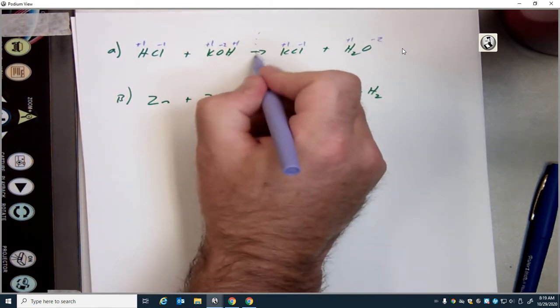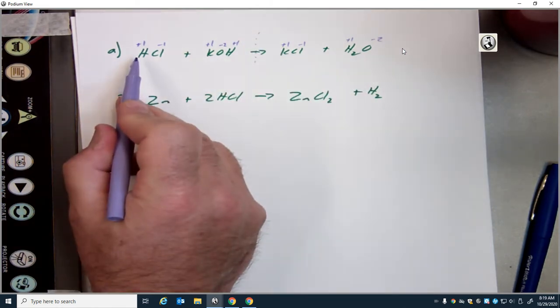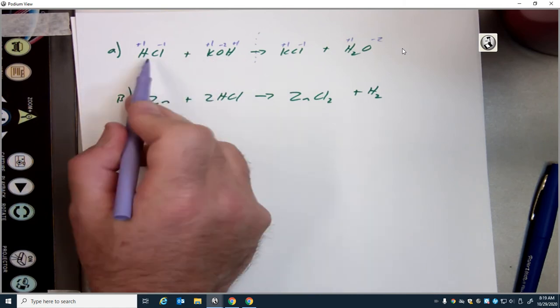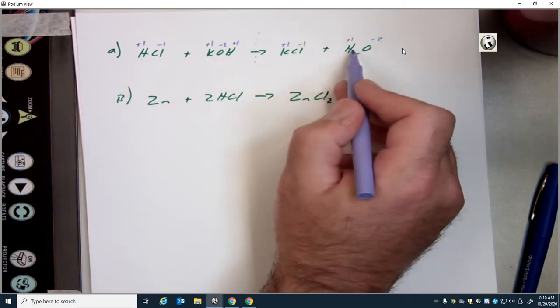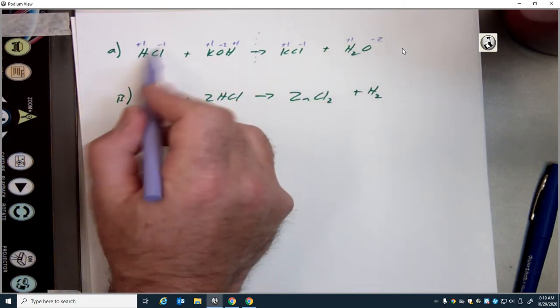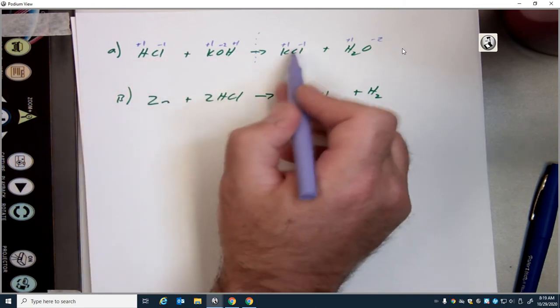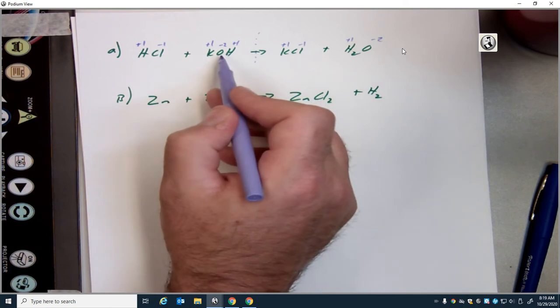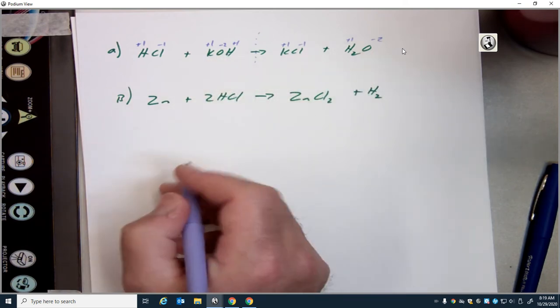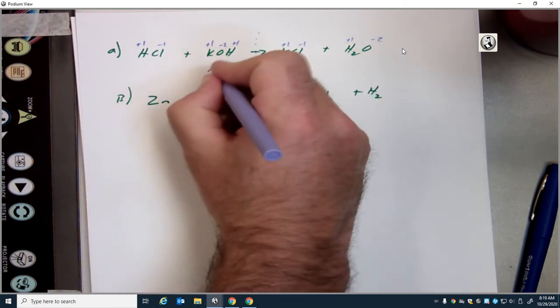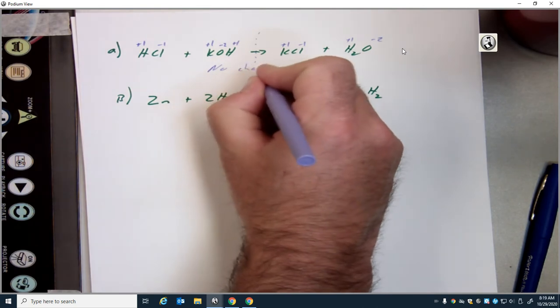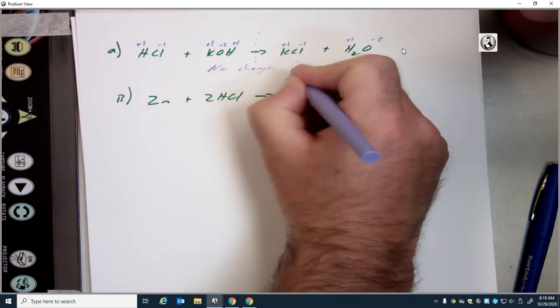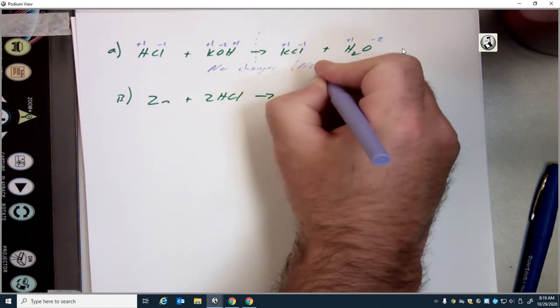All right, so now we compare both sides. Both of these hydrogens on this side are +1. Hydrogen on this side is +1, so there's no change there. Chlorine is -1. Chlorine is -1. K is +1. K is +1. Oxygen's -2. Oxygen -2. There are no changes,